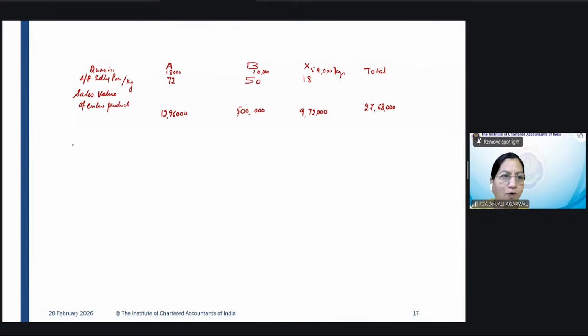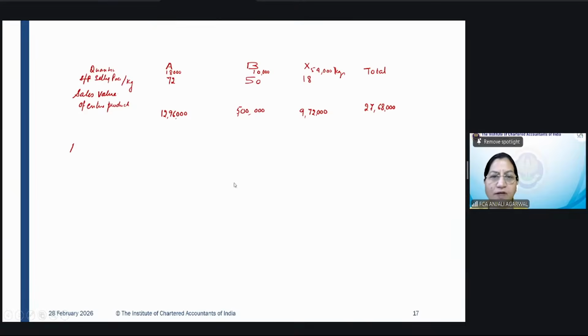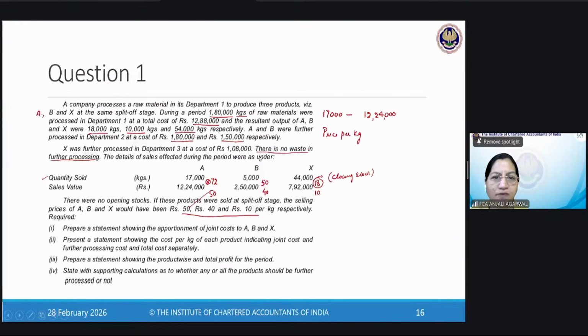Now you also know, so what do we subtract from this? This is the last sales value. So if you want to follow the method of market value at split off point, we would have used 50, 40, and 10, right? If we want to find out the market value after further processing, we would have used this ratio. But if we want to follow